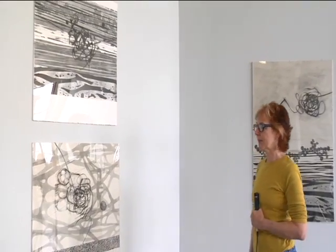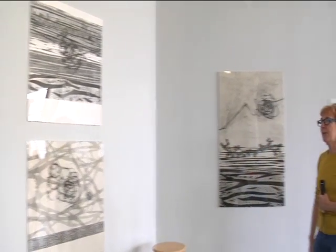It's all printed at the same time. But this layer is over this layer. This is printed at a separate time. This is a carborundum print, which is something new that I've been experimenting with. It's using a sort of a gritty surface that holds ink to the surface of a plate, because I don't use any traditional printmaking techniques. I do everything in very direct methods where I can have sort of an immediate